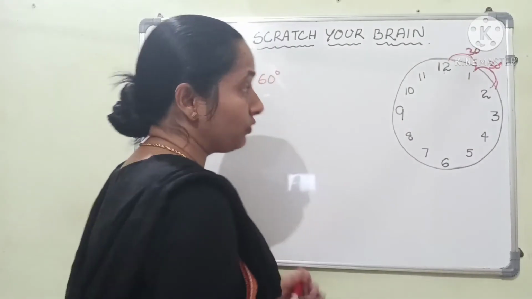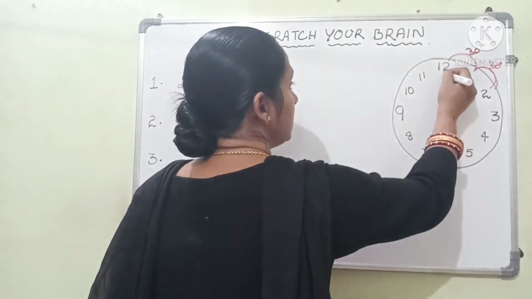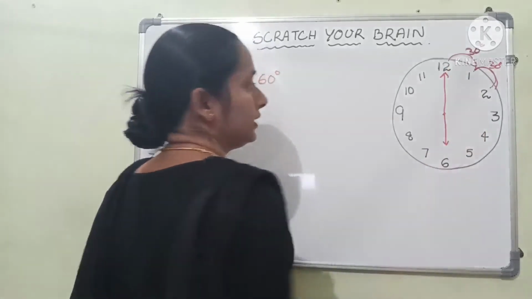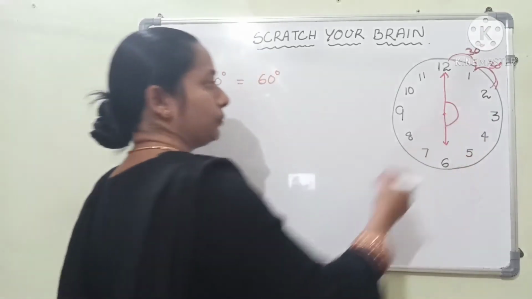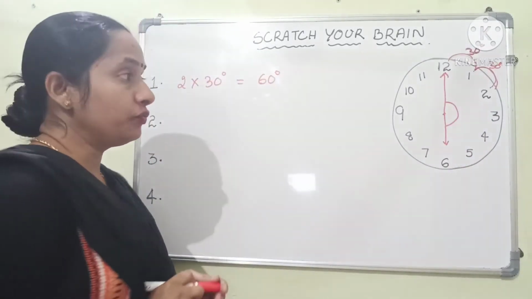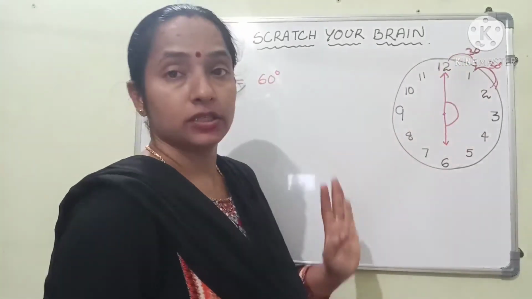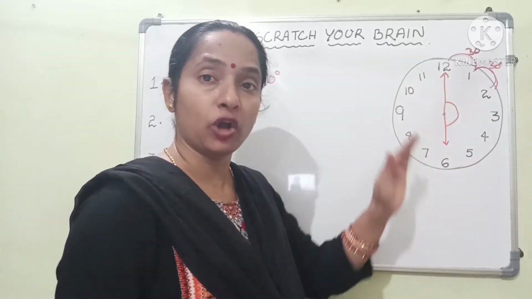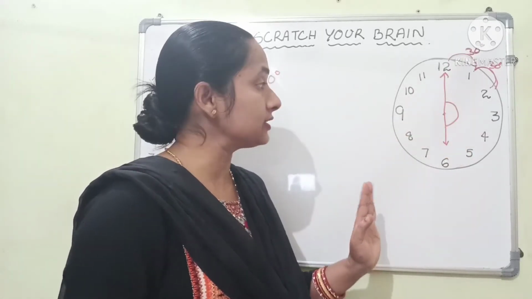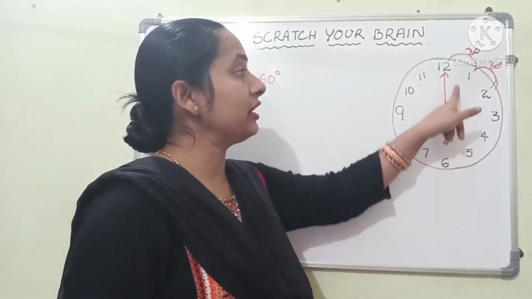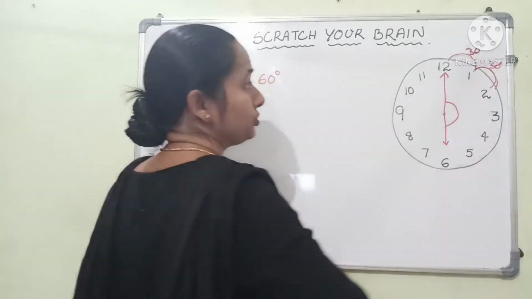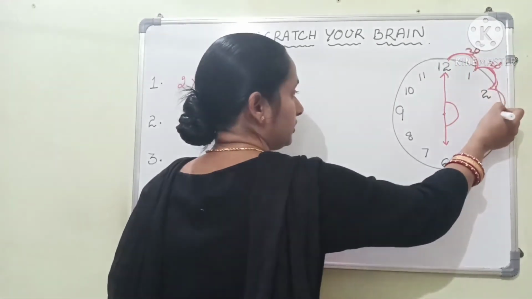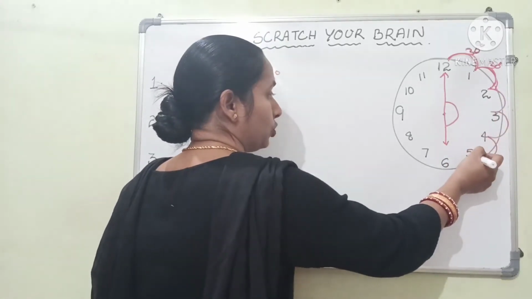Now if you observe the second question, the hands are drawn in such a way that one of the hands is pointing towards 2, whereas the other hand is pointing towards 6, and the angle is marked. So children, now we have to start from 12 and move towards 6 and find out how many 30 degrees, or how many numbers it has skipped to reach from 12 to 6. So you see here from 12 to 1 is 30 degrees, then another 30 degrees, here another 30, another 30, one more and one more 30.